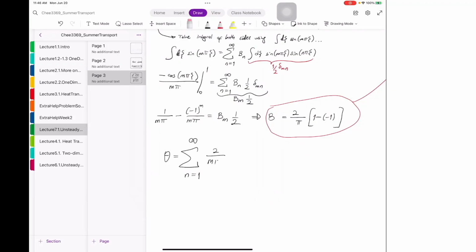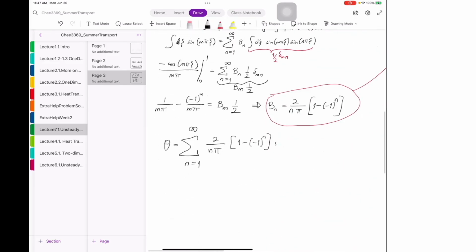You can make all the m's n. That's just the recipe, right? Okay, so you get, because my dummy variable is n for this case, I'm using the n pi. Okay, there you go. n pi, parenthesis 1 minus (-1)^n,